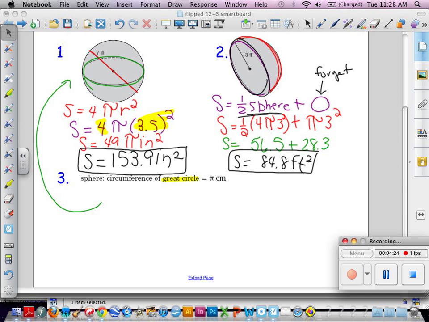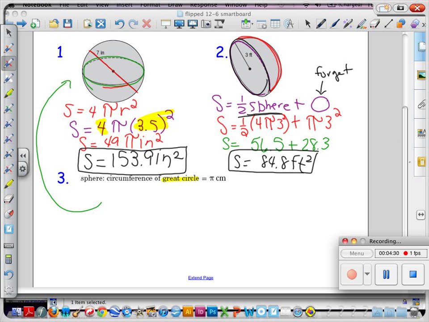I was talking about the great circle. It's the largest circle in the whole sphere. So when you look here, this is my great circle. And so they give me the circumference of that. If I'm going to find my surface area, it is 4 pi r squared. So I need the radius. So in order to do that,